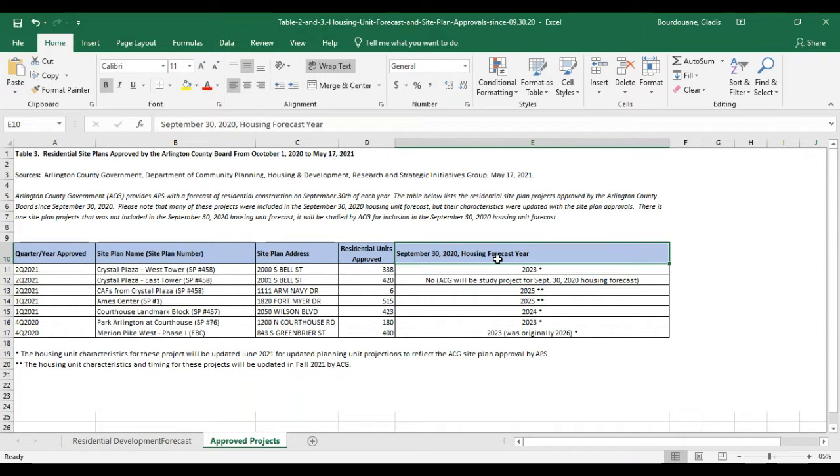housing forecast year. Sometimes the county will include some of these projects prior to their formal adoption by the county board. They will provide it to us in the housing forecast, but at the time of the housing forecast, the number of units for the project might not be final, since it can change based on different factors and community input related to those projects. The reason why this is important to note is that for some of these projects, for example, Crystal Plaza West Tower,